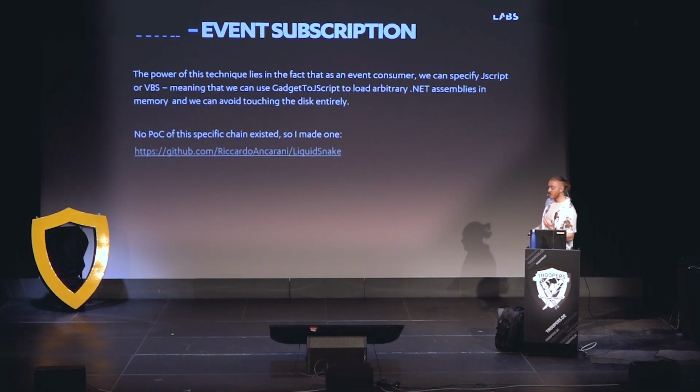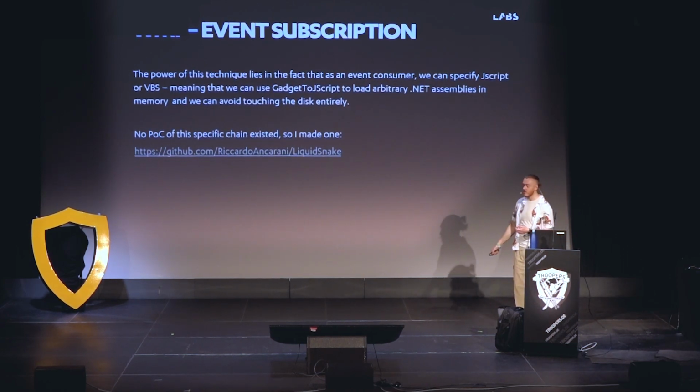So basically with event subscription, as I said, you can specify certain actions that you want to execute, and one of these actions is to execute VBS code. So VBS, being abused for so much time. But interestingly, there is this open source project called GadgetToJScript. It's a new version of DotNetToJScript that allows you to abuse a deserialization issue and load .NET assemblies from memory. And you can do it from VBS, VBA, JScript,